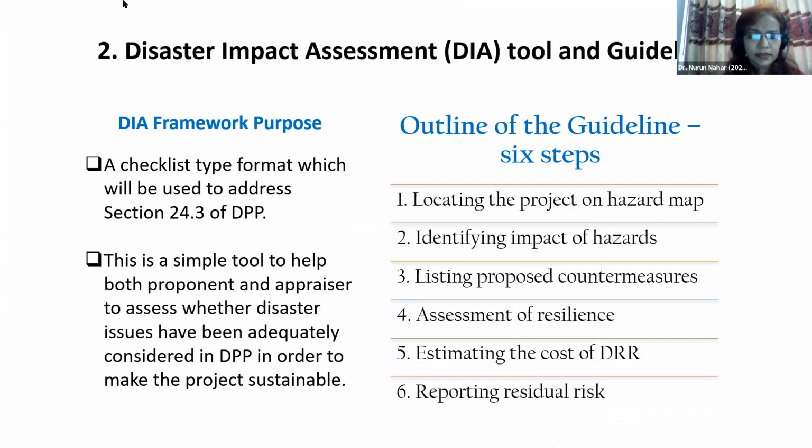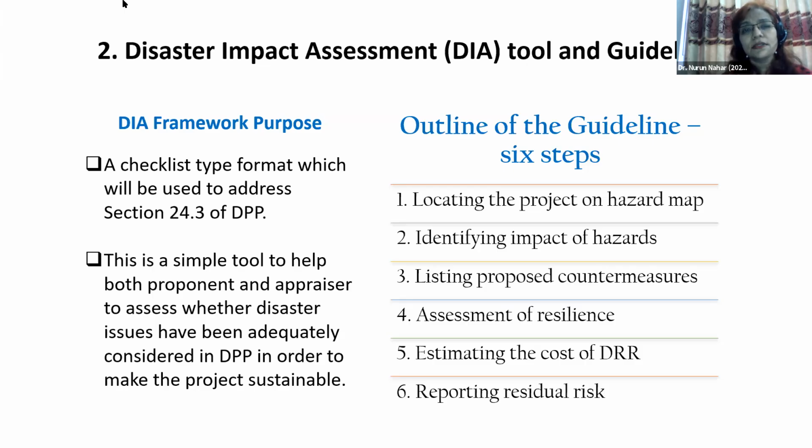And we have a development pro forma that is issued by the Minister of Planning, and there is a section that says that we have to consider the disaster and climate risk. But because of lack of data or knowledge level, it is scattered. It is very difficult for the development planners in the agencies to give the proper information. And also the methodology was lacking. So we have produced a methodology.